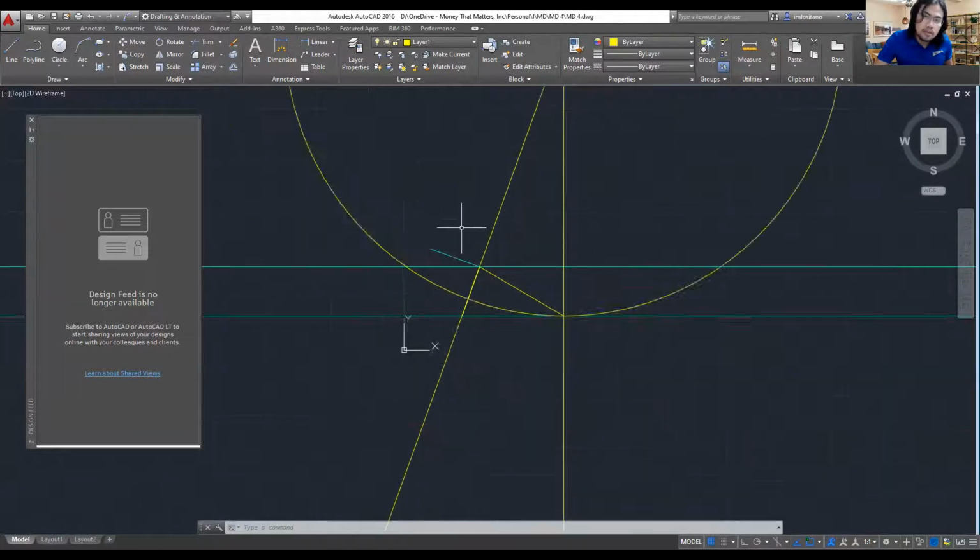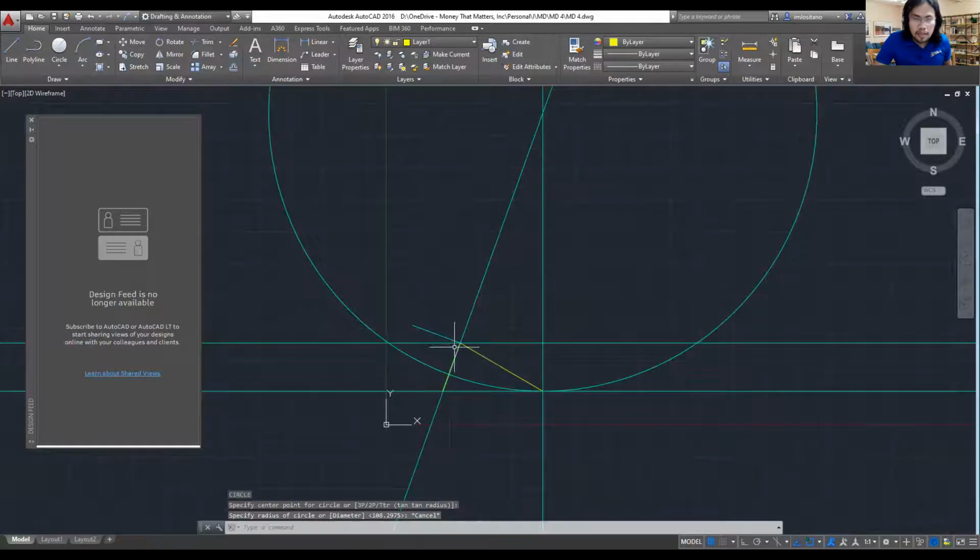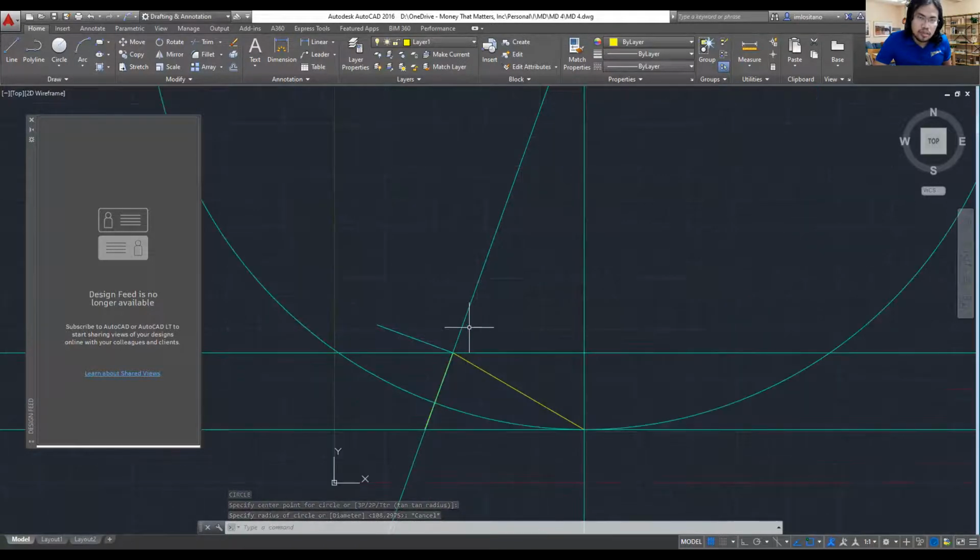Okay, it's passing through that IAOV. And let's first correct our colors for lines so that there's no confusion. Okay, so those are construction lines, those are just accessory lines that would help us